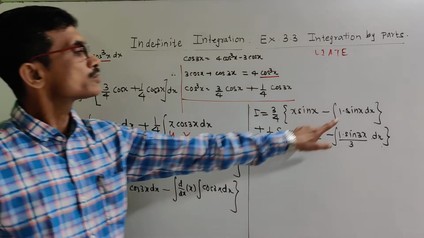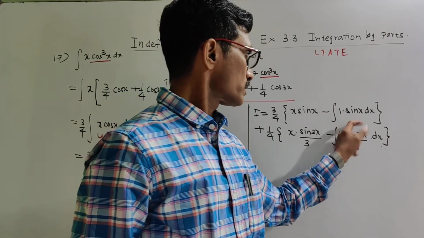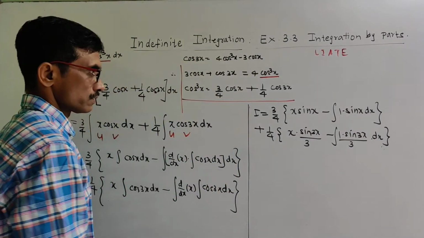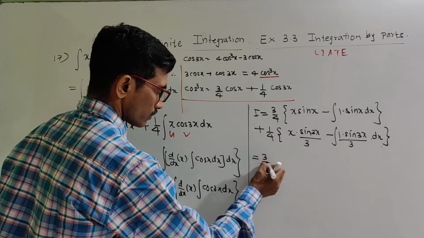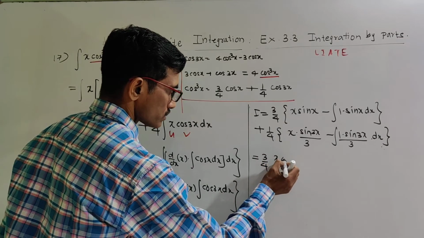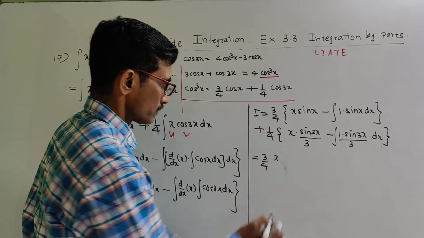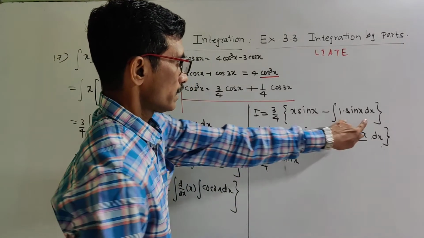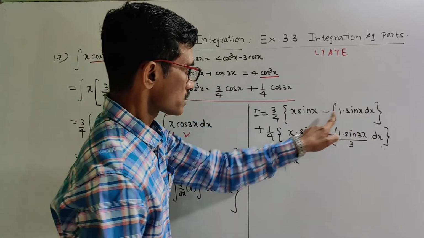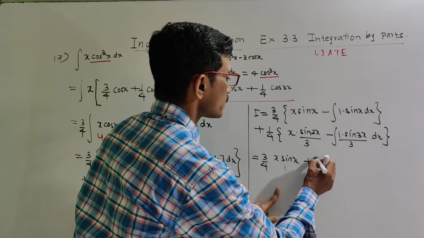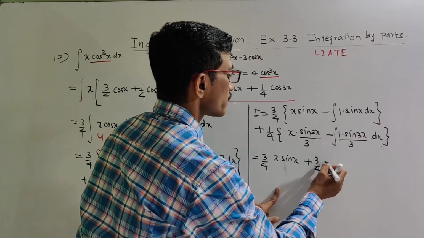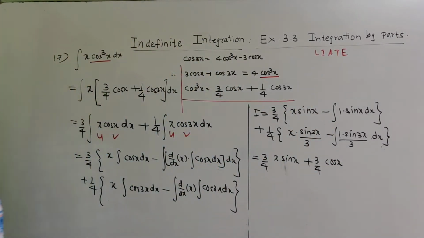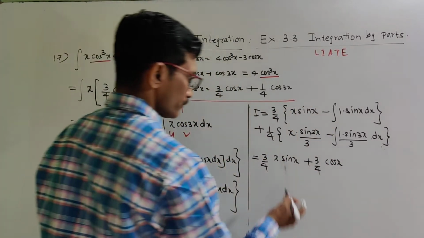Now it remains to find the integration of this, that is minus cos x. Again integration of this, so it will be 3 by 4 x into sin x minus integral of sin is minus cos, and this minus will be plus 3 by 4. This integral is minus cos x and this minus will be plus